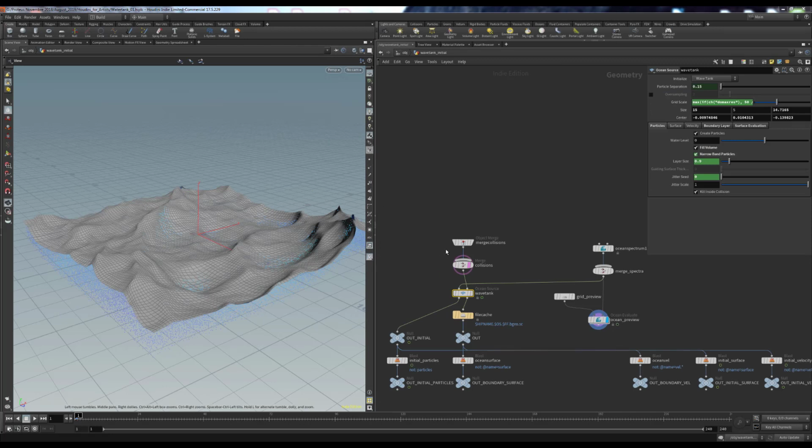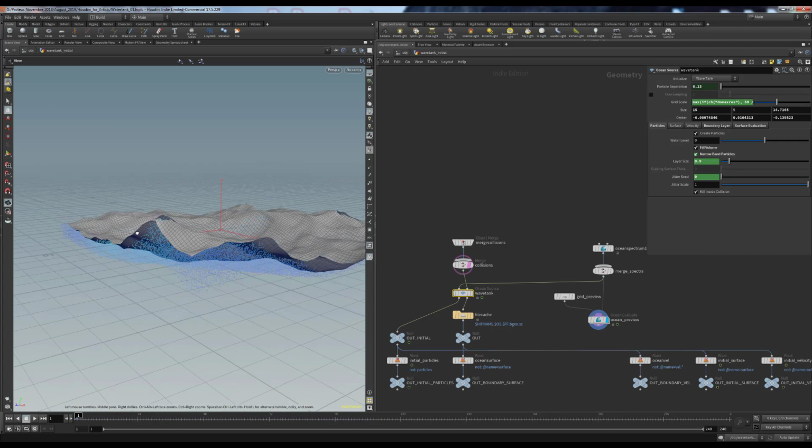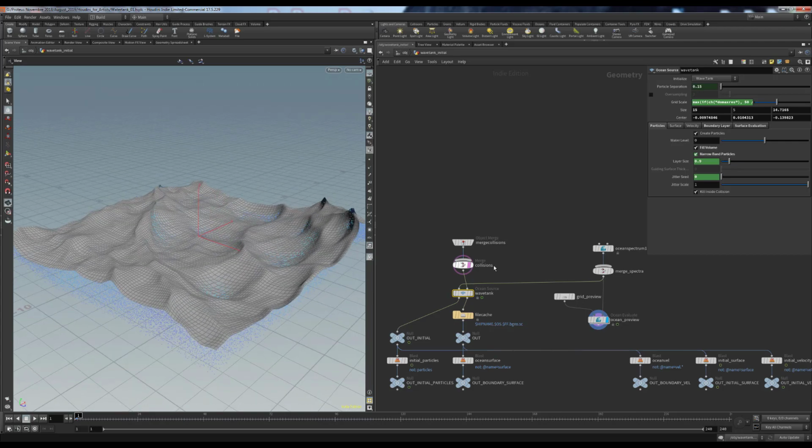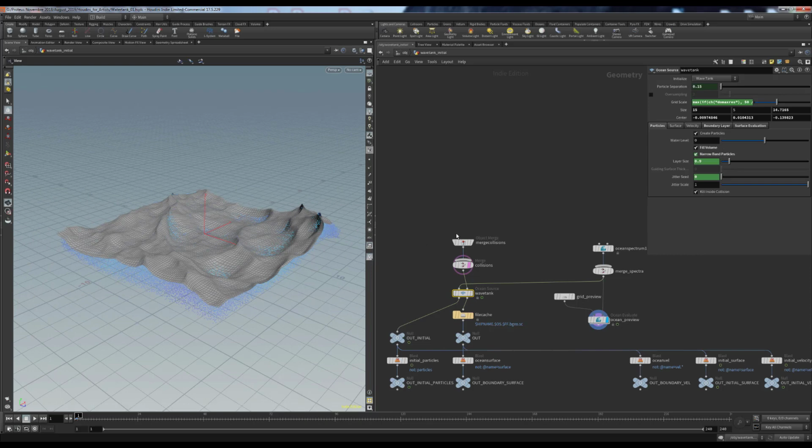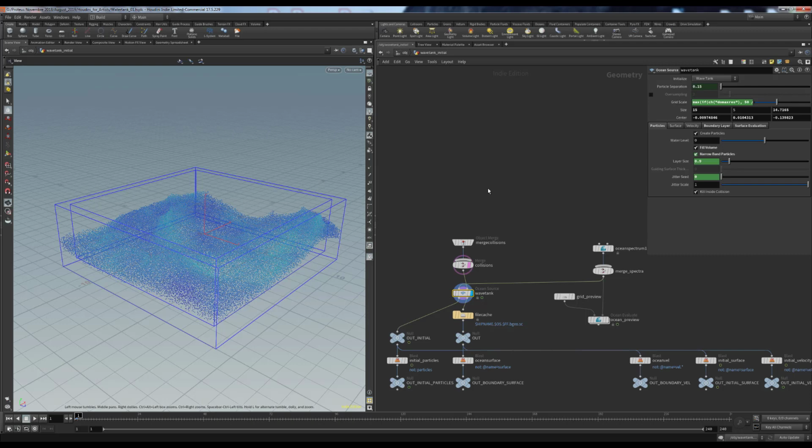Okay, so guys, we have here a lot of things inside Houdini, but actually I'd like just to let you know how you can start creating something and how you can play with some basic value and parameters, trying to understand how it is working and playing with it. So if you like to remove the ocean preview, you have just to set to display this one. So we are back to the previous situation, and